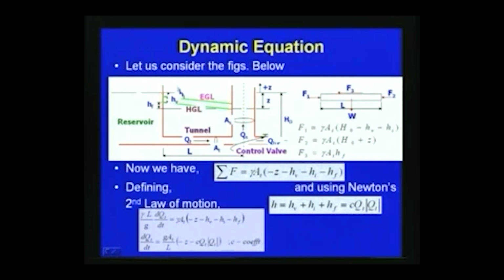If this is the datum here, this Z is represented here. So now all the parameters are defined here. So we get this as the relationship for the dynamic equation with respect to the surge tank here, and then